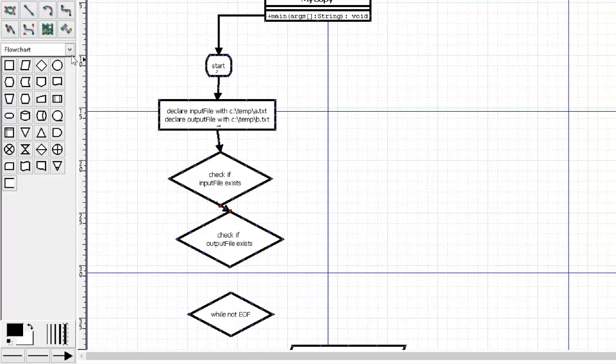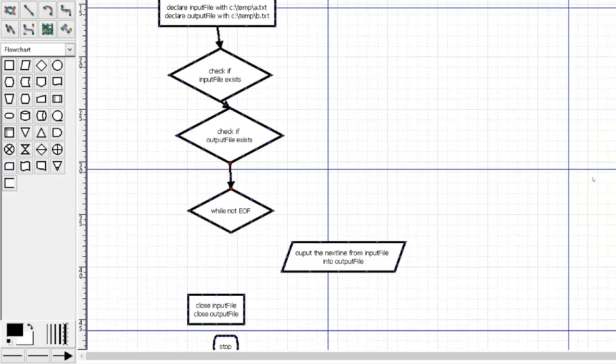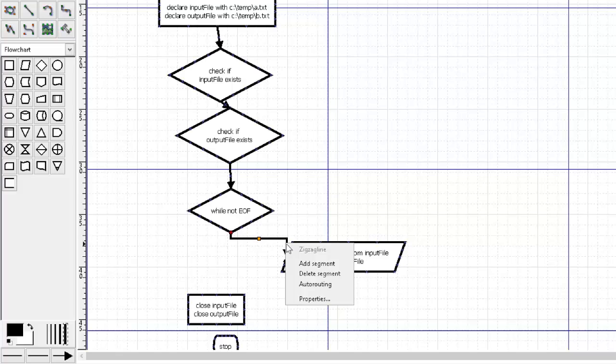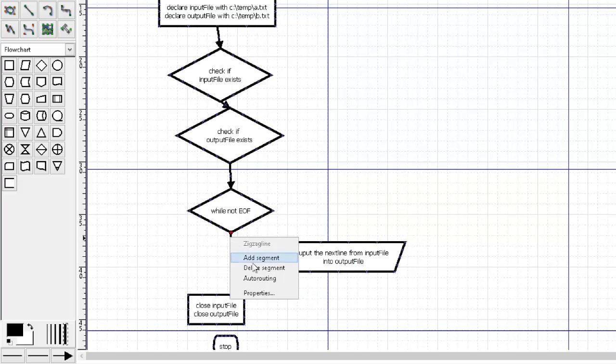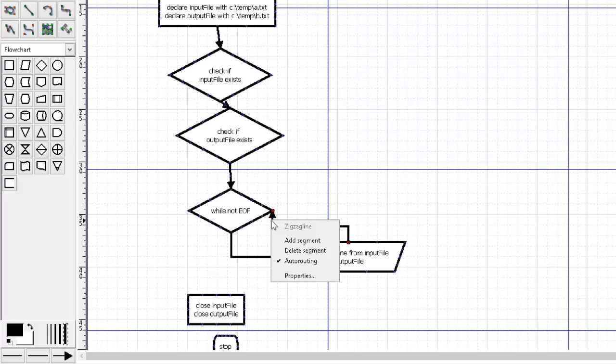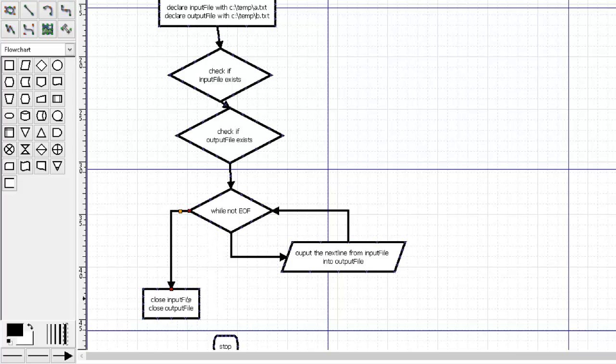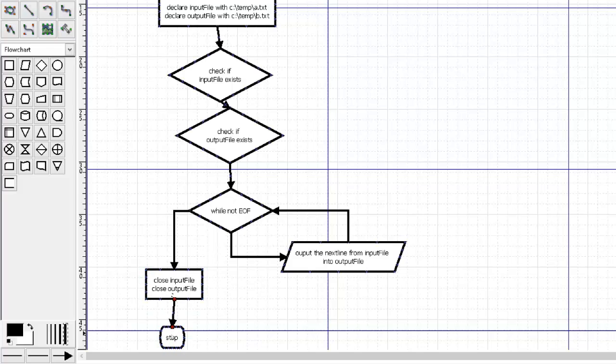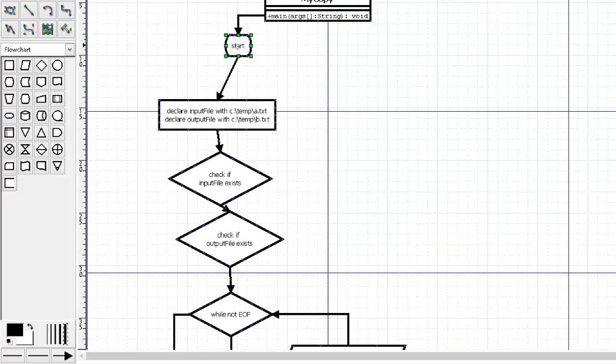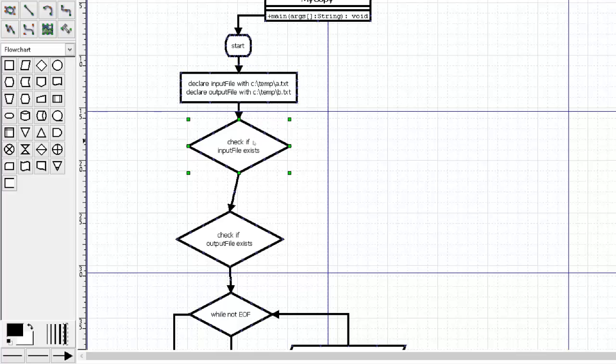So we just connect, make sure that you have the proper arrows and lines, and eventually we start reading. And if the arrows don't bend the right way, you can just right click and add a segment and remove a segment that you don't need, and that way you can adjust the arrows. So here in this case we are using DIA, which is a free application that makes this whole process of planning much easier. Okay, so when we reach the end of the file, we just need to remember to close the input file and the output file, and this is pretty much all the logic that we need for this